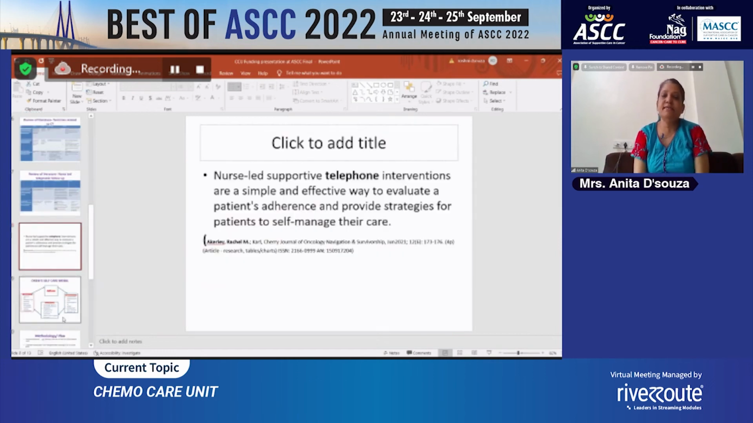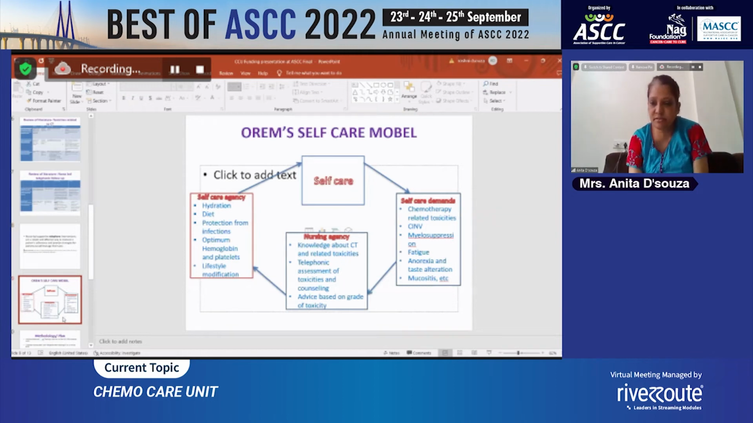So it is seen that nurse-led supportive telephonic interventions are a simple and very effective way to evaluate a patient's adherence and provide strategies for patients' self-management of their care. So for this, we have used the Orem self-care model, wherein the patients